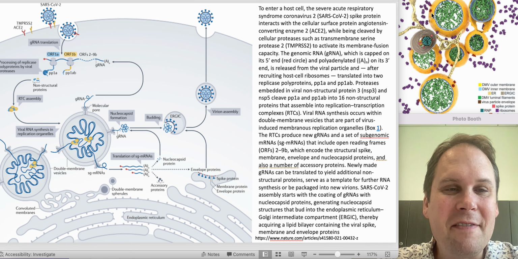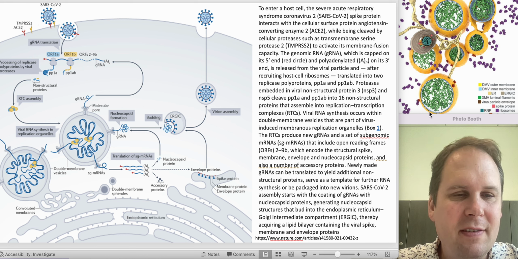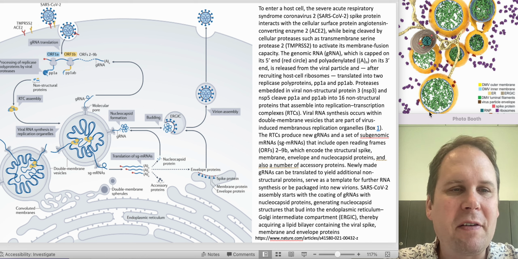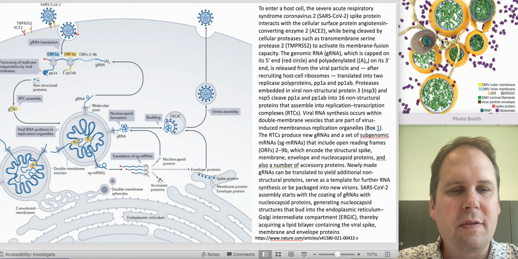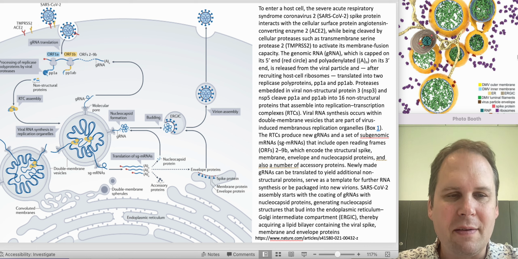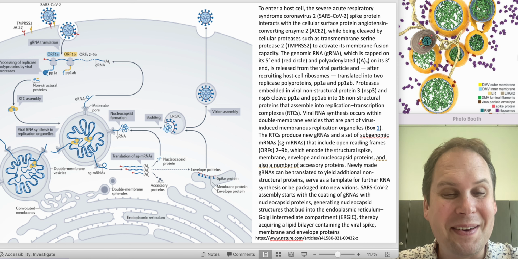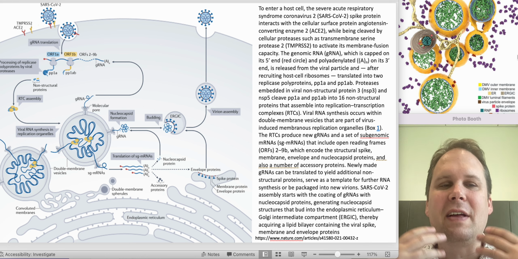This is the factory where coronavirus makes all of its new RNA. And the green, sort of spaghetti looking stuff inside, that is the coronavirus RNA. And the little red things, I don't know if you can see them, there are just a couple on here. Those are the pores. So that's how the RNA comes out after it's been made, and it's how raw materials go in. But more about that in a moment. For now, let's talk about the general outline.